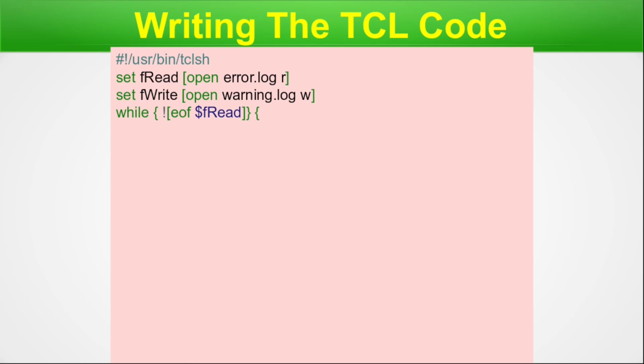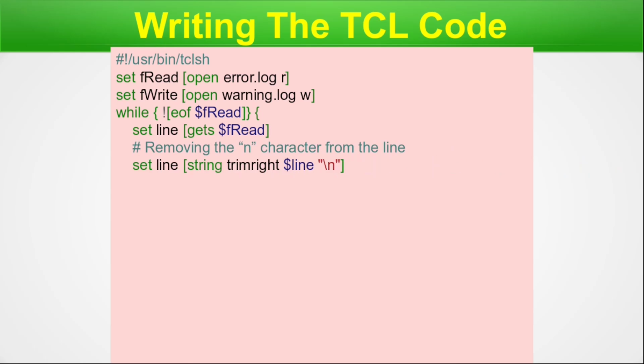Till the end of file, we are iterating on the file handle. Next, we get each line from the file handle and then we trim out the newline character using string trimright. The character we are removing is \n, the newline character. Once this trimming is done, we are taking the first regular expression match and we are using the nocase